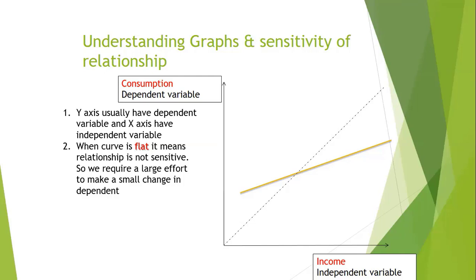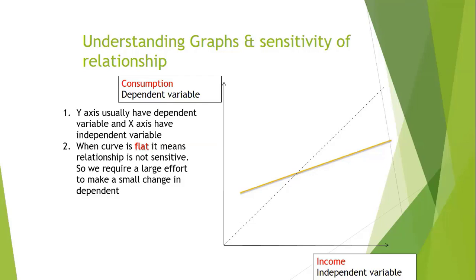ठीक है? Red line का जो angle है वो horizontal line से ज़्यादा मिलता है as compared to the dotted line. Dotted line थोड़ा ज़्यादा steep है. So when I compared both of them, I found out that this is flat as compared to this line, or this line is steep as compared to this line. ठीक है? Flat और steep का मतलब समझ आ रहे हैं?